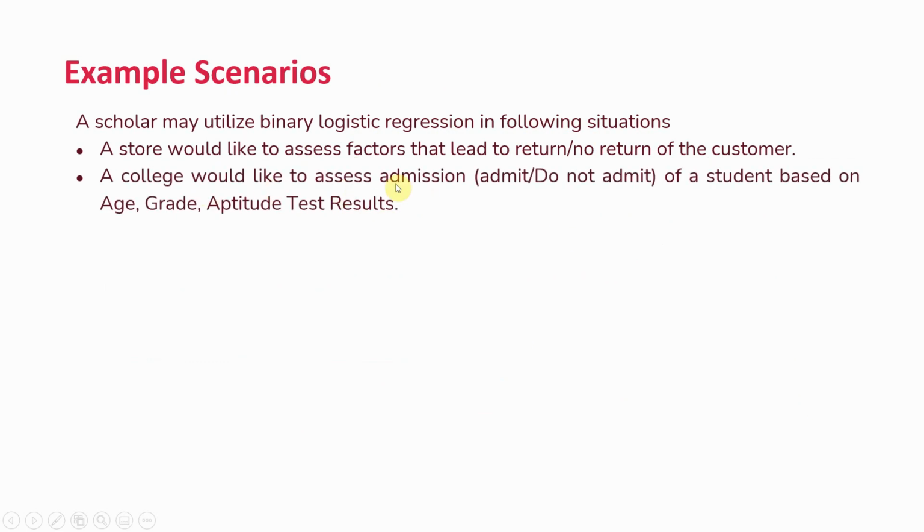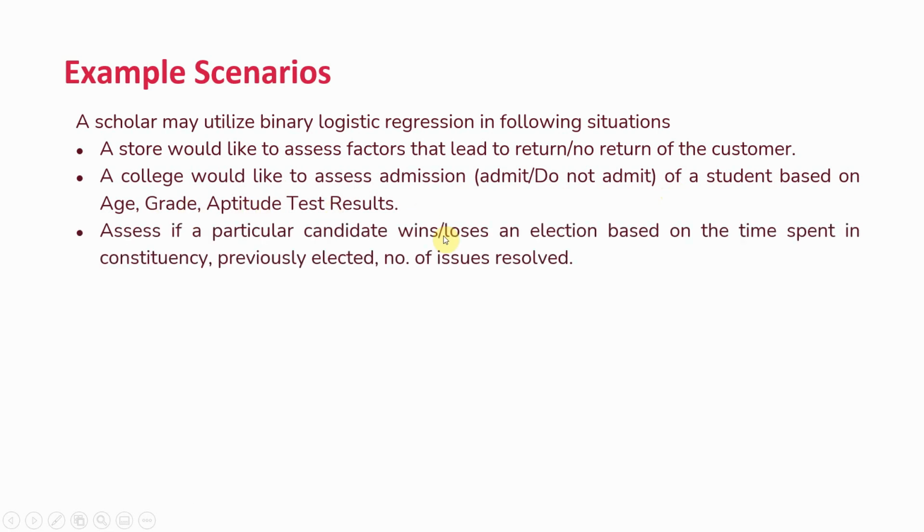A college would like to assess admit or do not admit of a student based on age, grade, aptitude test results. A scholar would like to assess if a particular candidate wins or loses an election based on the time spent in the constituency, previously elected, number of issues resolved. So, win is represented by 1, loss is represented by 0, and if he has spent time, if he's previously elected, and if the issues resolved are in a good amount,